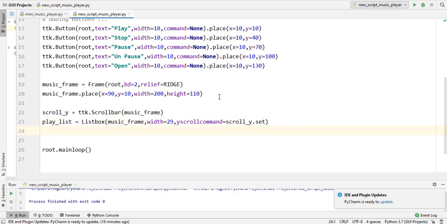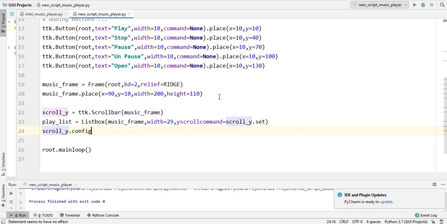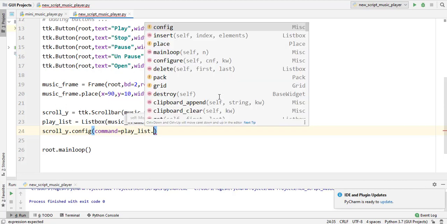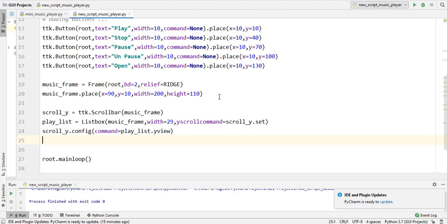Now let's configure our scroll bar with our list box: scroll y dot config, command is equal to playlist dot yview. And the next step is to place both of them, or you can pack.